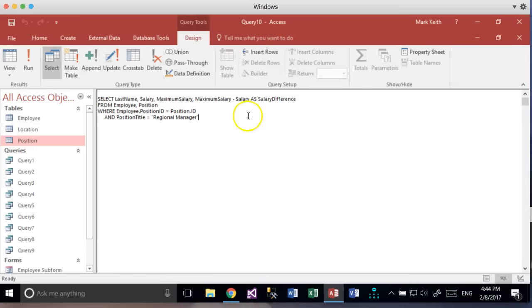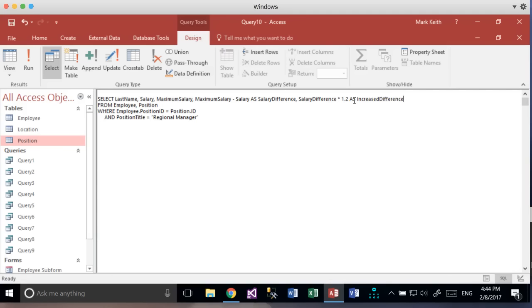So just so you know, now that I've created this salary difference field, I can actually use it here in my same query. Let's say that I want to double the salary difference field and see how much room if we decide to change, or maybe we add 10% or 20% to it. So I'm going to say salary difference times 1.2. That will add 20% to it, because 1, it'll give it itself, and then it'll return the same number back, and then 1.2, it'll add 20% on. We'll call this as